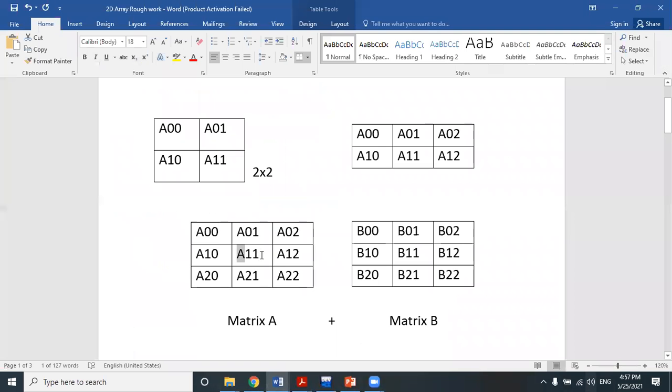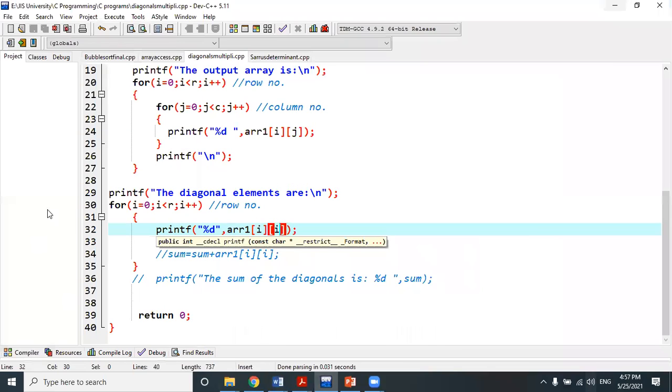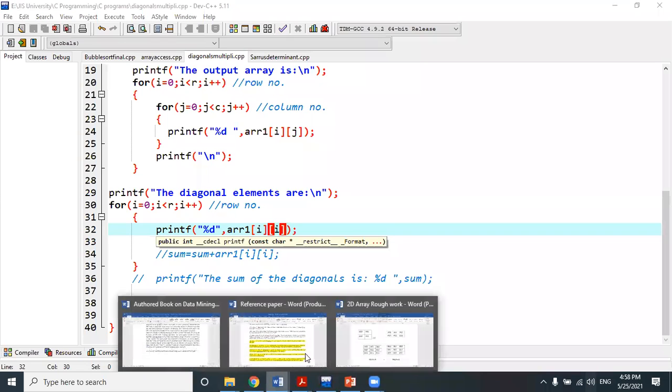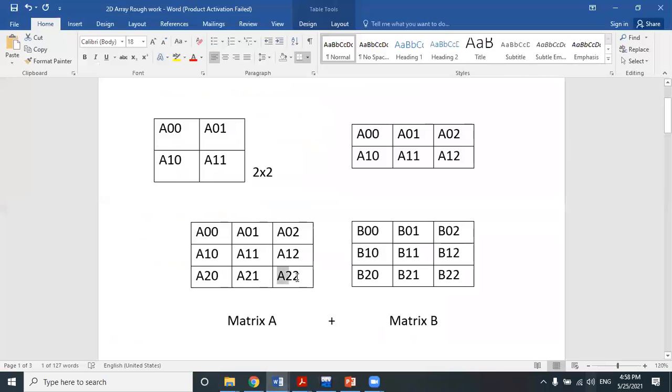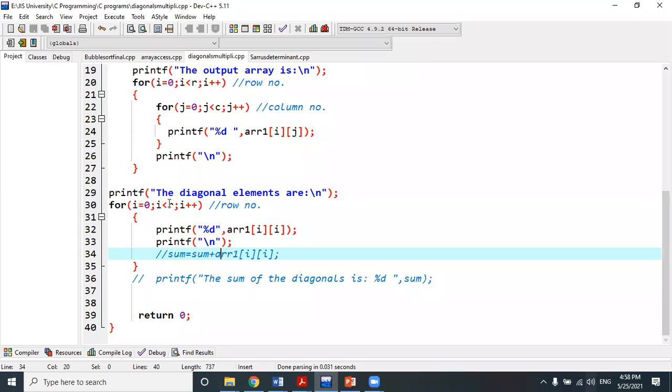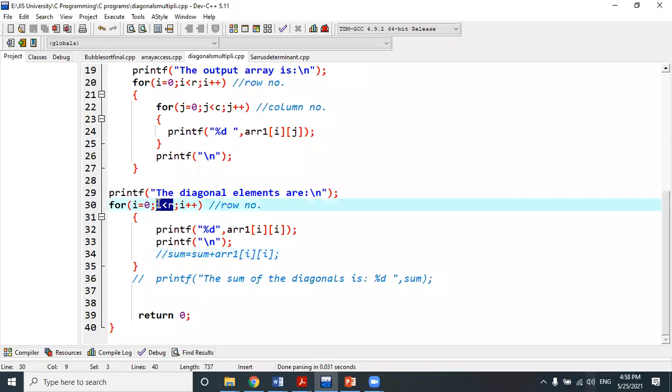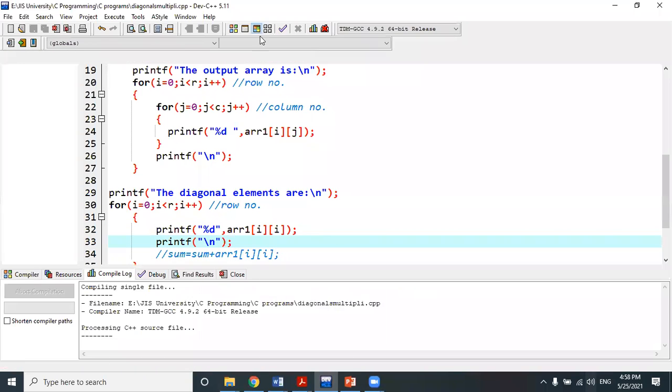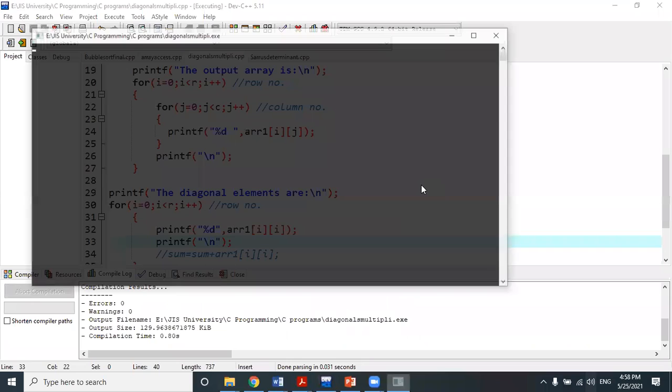The next diagonal element. Again, the loop will repeat, and i has been incremented by 1, so i becomes 2 right now. So the last diagonal element will be a[2][2]. A[2][2] means what? Clear? Everyone clear? And then it will break the loop, because it has already satisfied this condition. So it will break the for loop and print these diagonal elements. Is it clear to you?